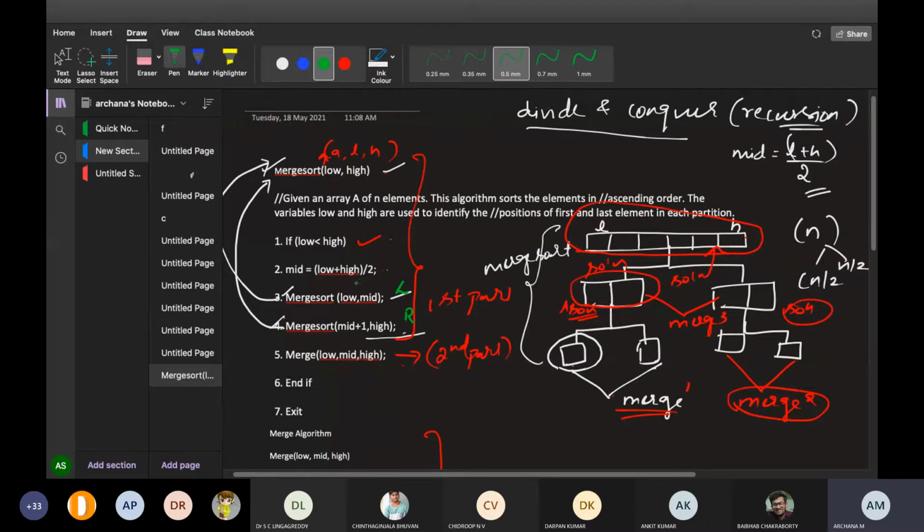Now when the array is divided into two, look here, as soon as the array is divided into two, the first part, merge sort low comma mid, will be calculated first. Only this part will be calculated. Right won't go. Look here, only left. But for explanation, we will just keep on dividing and tell you. But when it comes to the algorithm and program, first all the left hand side part will be done.